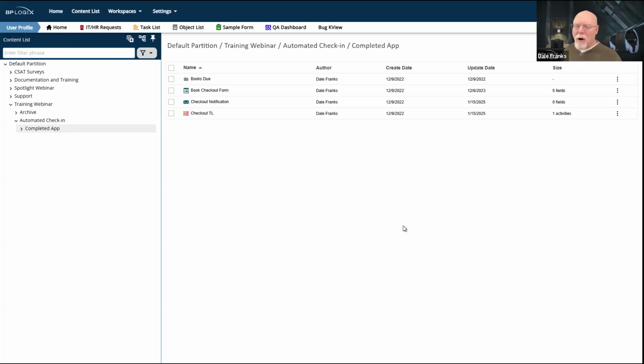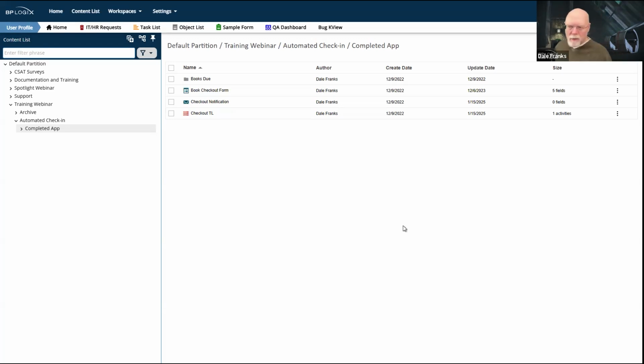Before we get started with this, I have to tell you that this is going to be, well, it's complex. That's not the problem. The problem is that there are a lot of objects that have to be created here, and I don't have the time to create all those objects. We have a maximum of 2 hours, and it would just be too difficult to create all of this stuff from scratch. So everything is already pre-built. Now, happily, I, of course, have a completed version of this app, which is what we'll be looking at and demonstrating today. If you want a copy of it, I'll be happy to send it to you.